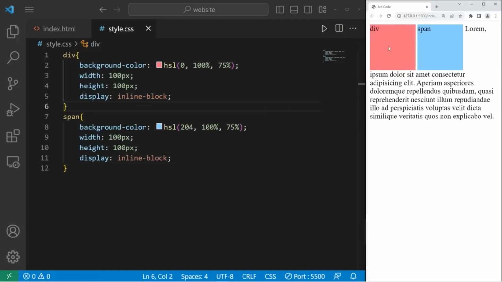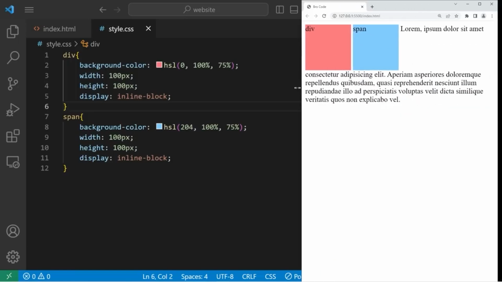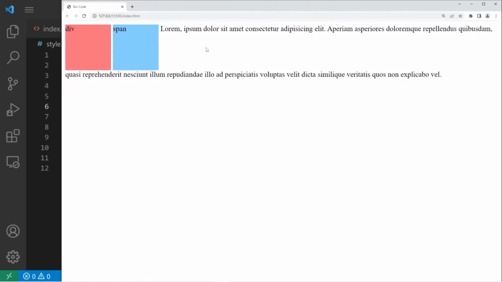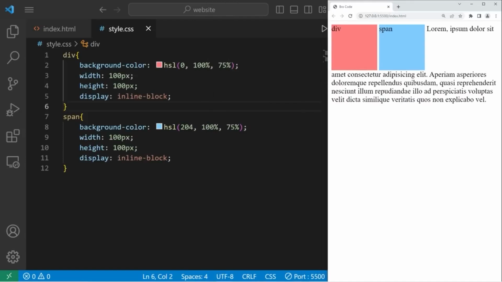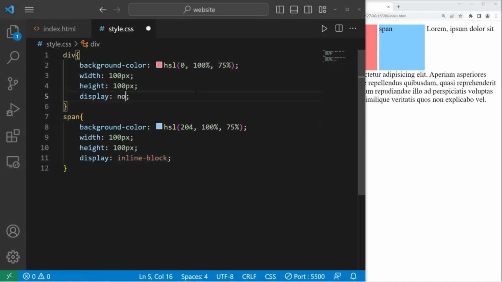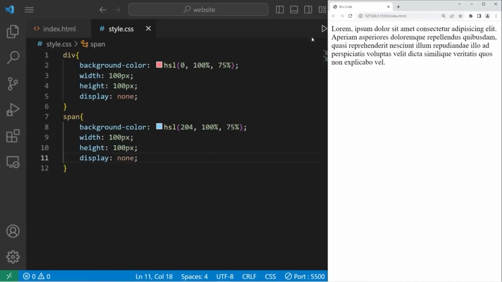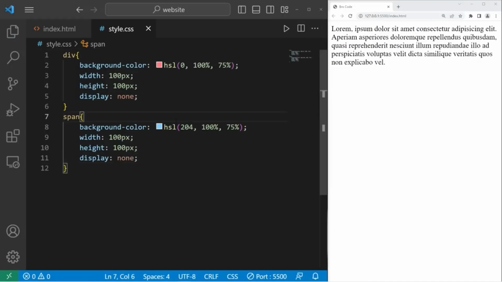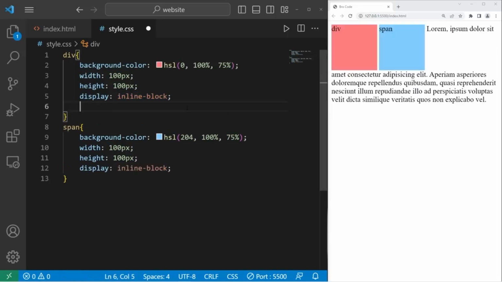These two elements are no longer taking up the entire width of my viewport. If I were to increase the size of my window, we can display content in line with these inline blocks. You can see that the text is lined up. Then there's none. None will effectively erase that element, as if it's gone. If I revert these displays to inline block, there's also the visibility property, which is fairly